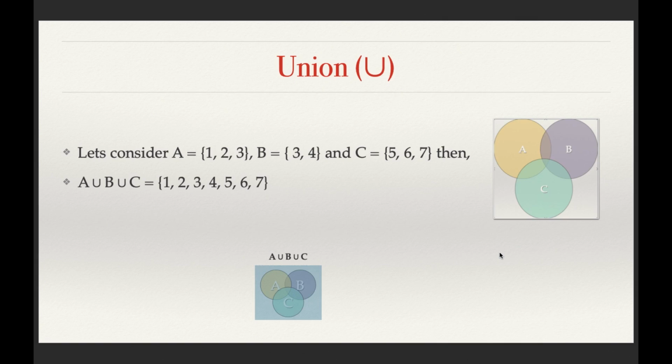So as you are able to see in the slide, here is the union operation. There are three sets, A, B, and C. Set A has three elements 1, 2, and 3. B has 3 and 4, and C has 5, 6, and 7. Then the union of all these, A, B, and C, will be equivalent to 1, 2, 3, 4, 5,